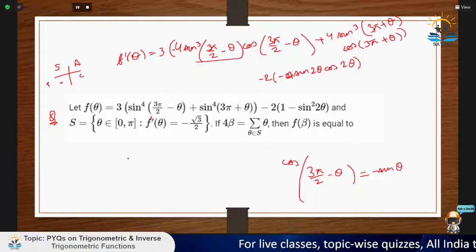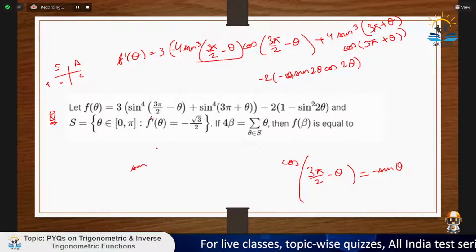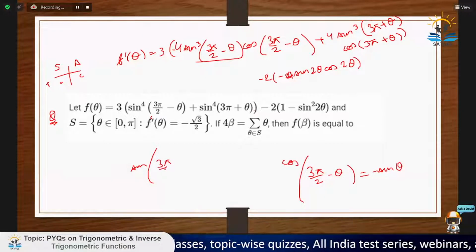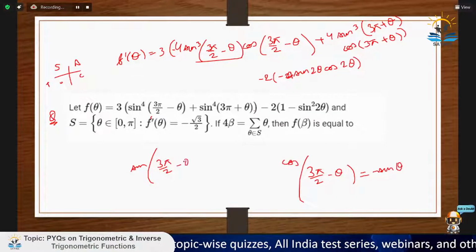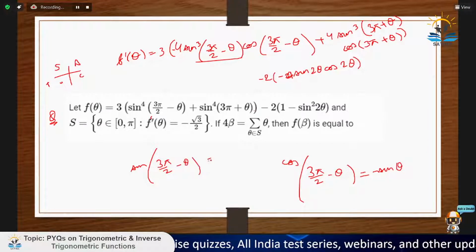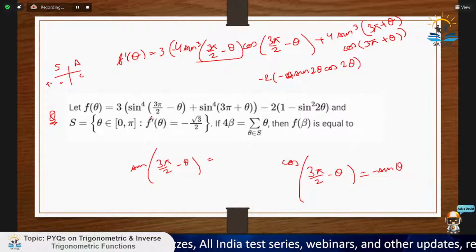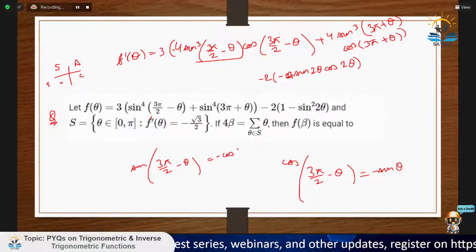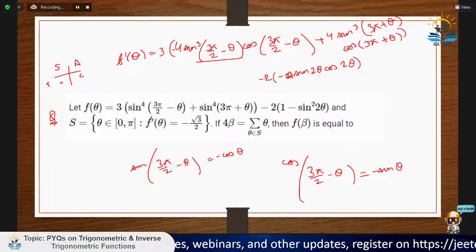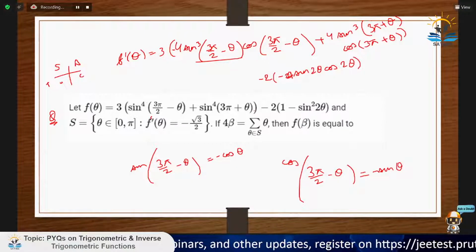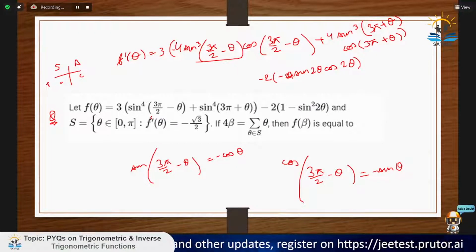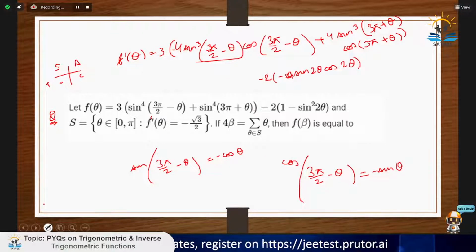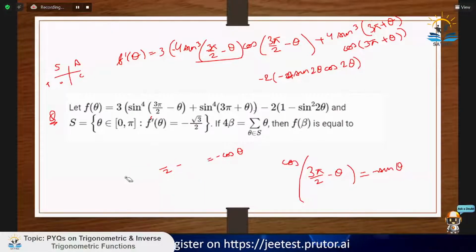Similarly, for this expression, sine of 3 pi by 2 minus theta would be equal to, again this is the home for tan, so sine would be negative, so minus cos theta, because again this is an odd multiple of pi by 2, and in case of odd multiples I can simply say that sine changes to cos. So minus cos theta and minus sine theta. So this expression will evaluate to